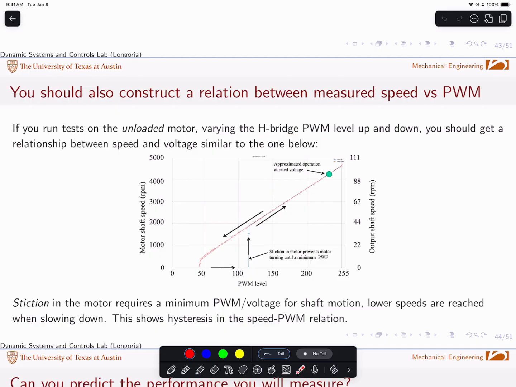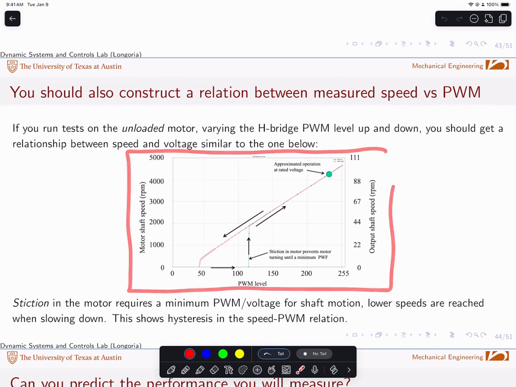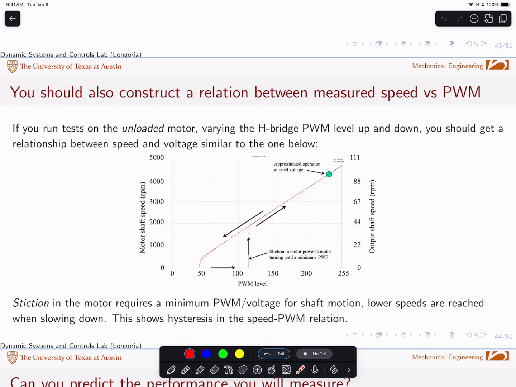H bridge, kind of going up and down, and you should be able to build, and I asked for this in the lab evaluation, a little curve that shows: here's pulse width modulation level. This is the number that you can send to the Arduino to basically control the H bridge, and then the motor shaft speed. When you measure that,